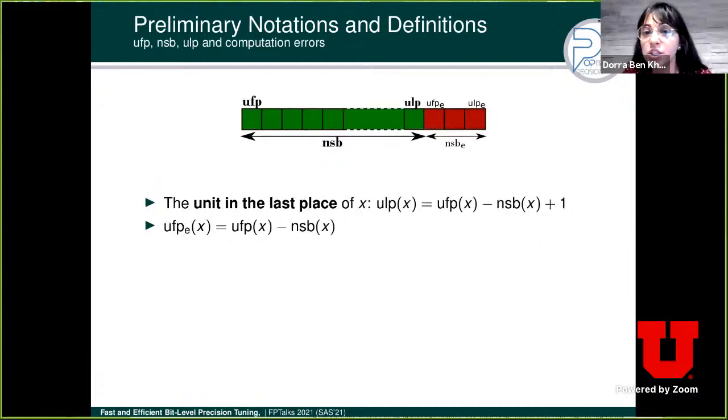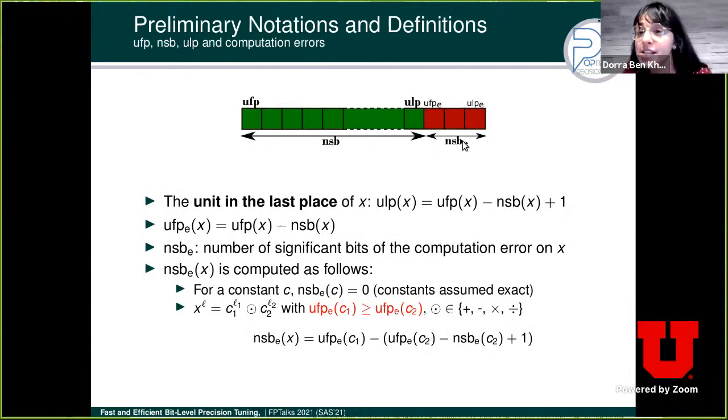I continue my definitions, and now I present the ULP of a number, which is the unit in the last place, and it could be computed as the UFP of x minus its number of significant bits plus 1. Now we proceed similarly for the error of a number, which means that we define the UFP of the error as UFPE. We define also the NSB of the error, which is the number of significant bits on the computation error on X,